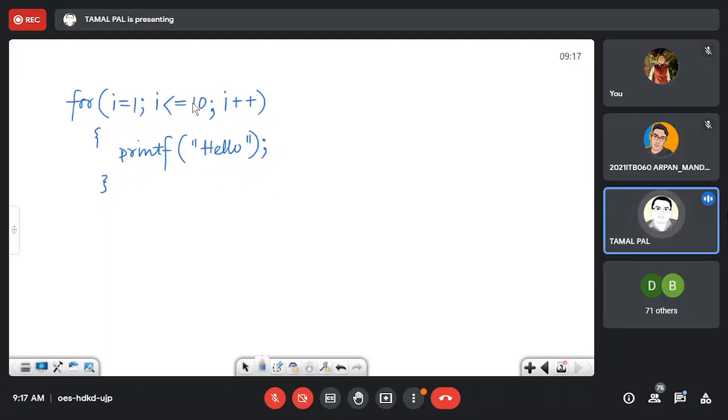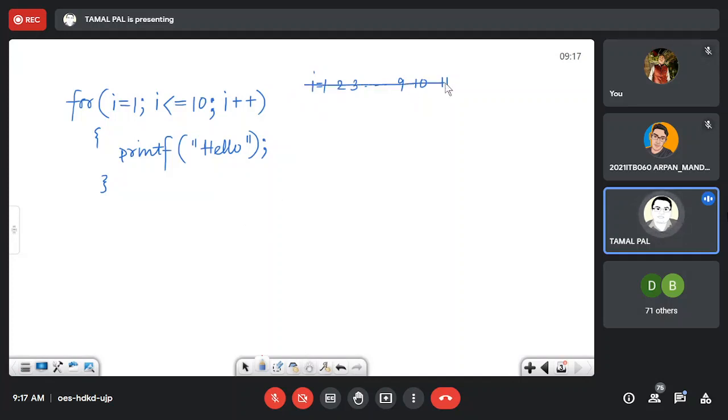I equal to 1, I less than or equal to 10, I plus 1. It means this loop runs for 10 times because I is initially 1, it becomes 2, 3, in this way up to 9, there is no problem, 10, there is no problem, but when it becomes 11, this condition becomes false, the loop doesn't run, and the control gets out of the loop.